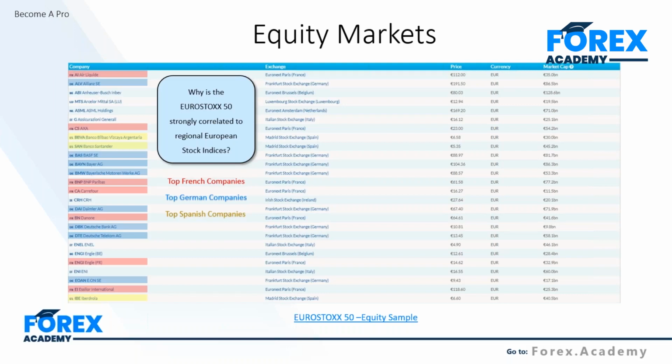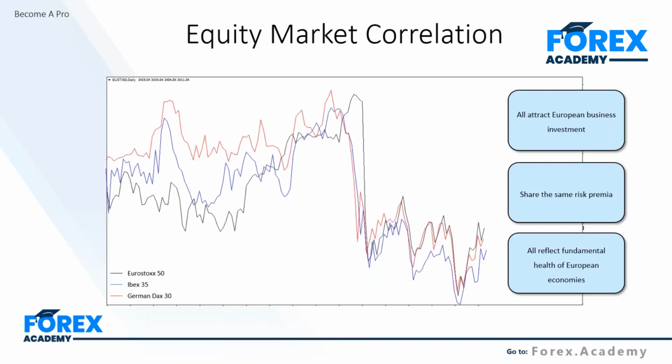And again, maybe trading opportunities there if something trades out of line or gives a signal to buy the market, or perhaps short the market, of course, if the markets are weak. So this is literally what you can see here with our Euro Stoxx. We have the markets trading, and I've taken a long sample here. They are all attractive European business investment opportunities, because the markets are performing well at the moment, and they are very attractive in terms of the rate of return over a long period. They share the same risk premium, so they're within the same bracket, like I just mentioned with the bond markets.